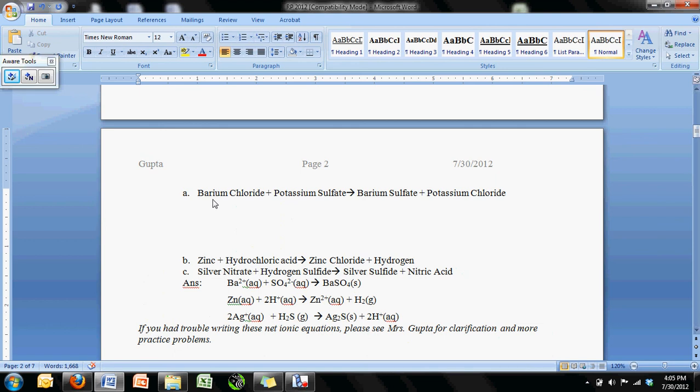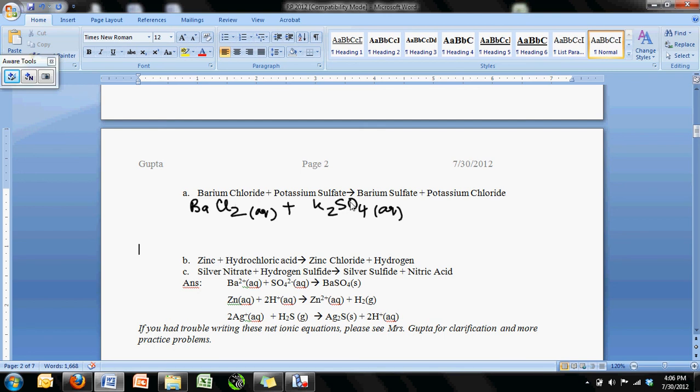Barium chloride, and if you know your naming, you know barium is Ba, chlorine is Cl, but chloride is Cl minus. Barium tends to form 2 plus, Cl minus, crisscross it, it's BaCl2. And it is aqueous, plus potassium sulfate, K2SO4. It'll be aqueous again because the question generally would say a solution of barium chloride and a solution of